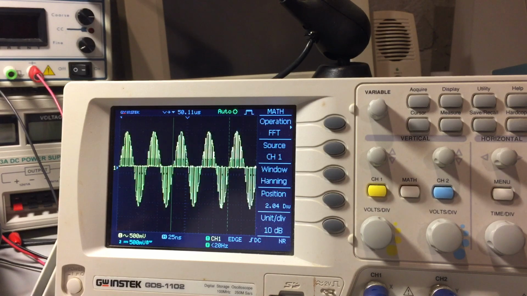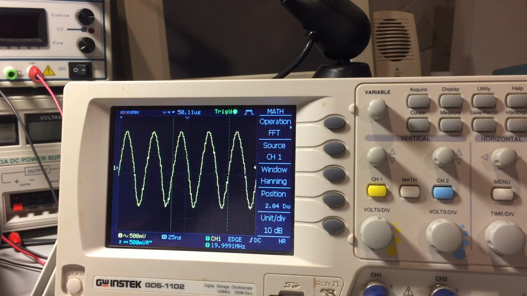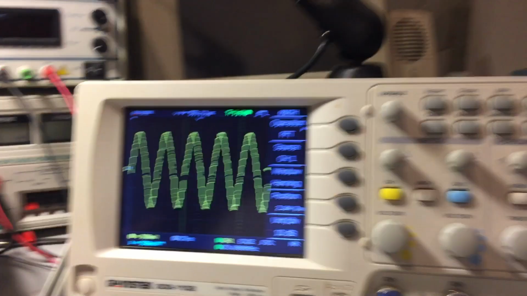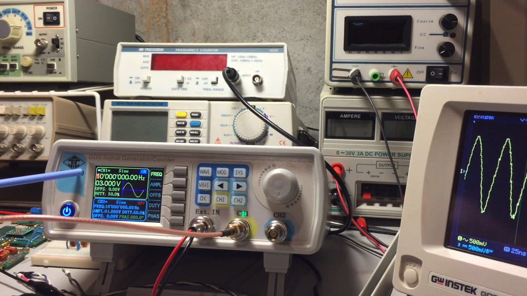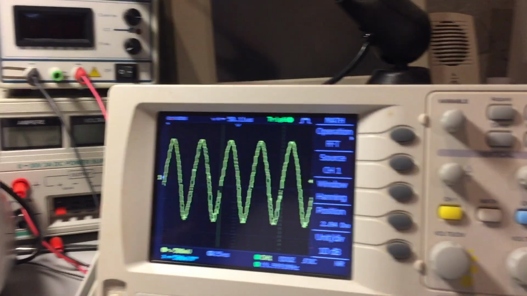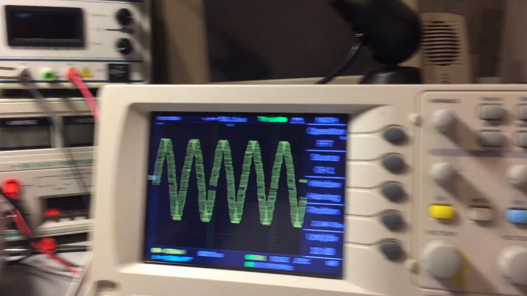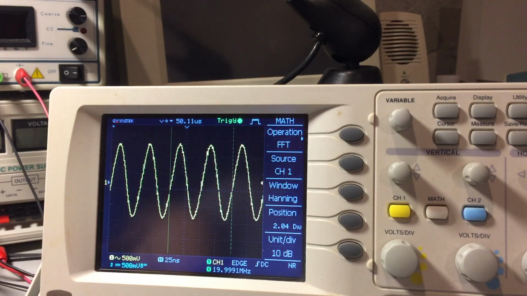Okay, and here we are. We are at 10 megahertz right now, as you can see on the function generator here. 10 megahertz, and I'm going to do the same thing. I'm just going to step up the frequencies so you can look at the effect on the scope. Okay, so that's 10, and you can see here we're 20 megahertz, and then we'll go ahead and go to 20, and you see 40, and we'll go up to 30,